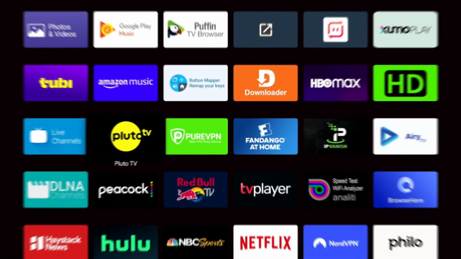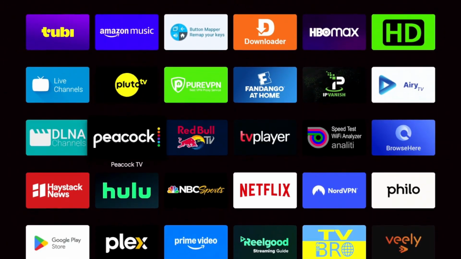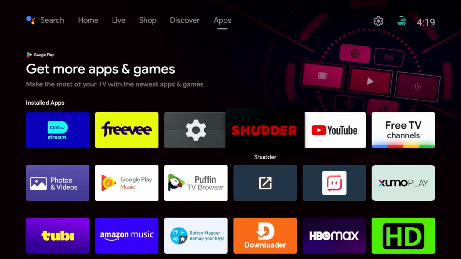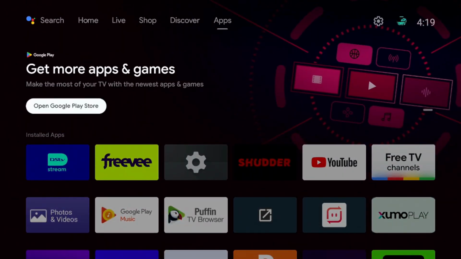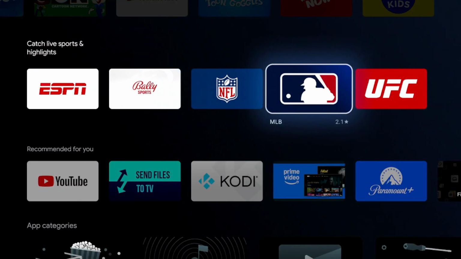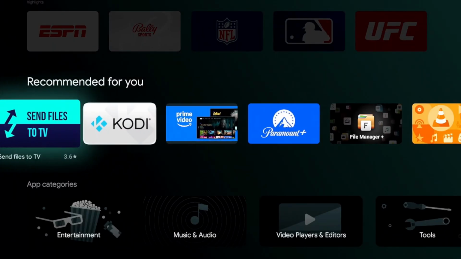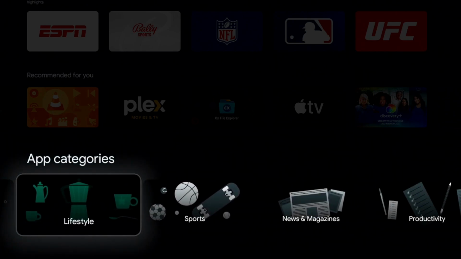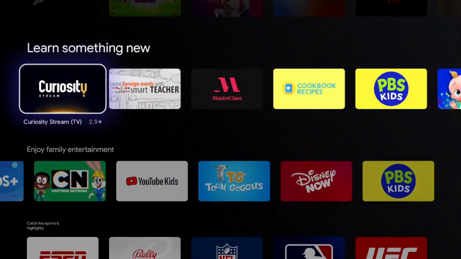Android TV OS does have access to the Google Play Store. Now, this allows it to offer a vast selection of apps and games, as we know that Google Play is just jam full of applications. So right there, if you open the Google Play Store, you do have just so many apps to go through, different categories. And also, cool thing about this versus your Apple TV OS is that if you don't see an app that you're looking for, you can always sideload the applications. This is not unique to Android TV, but most of the operating systems that are built on top of Android TV are going to have that availability. So it's going to be the most flexible in terms of app availability,